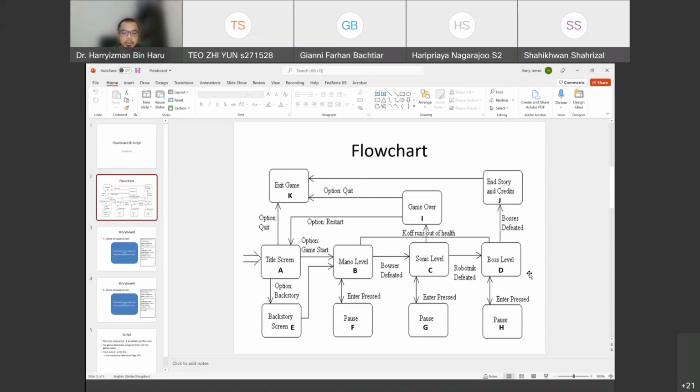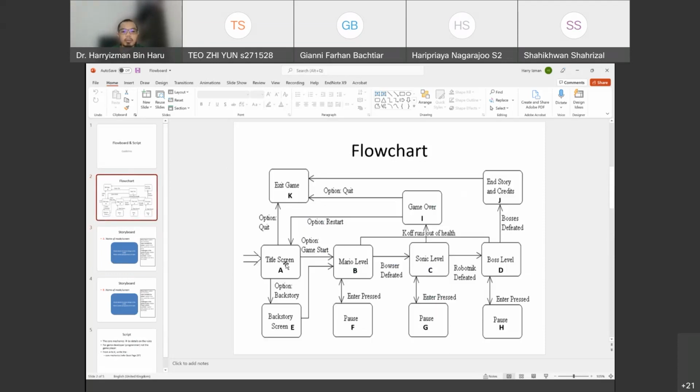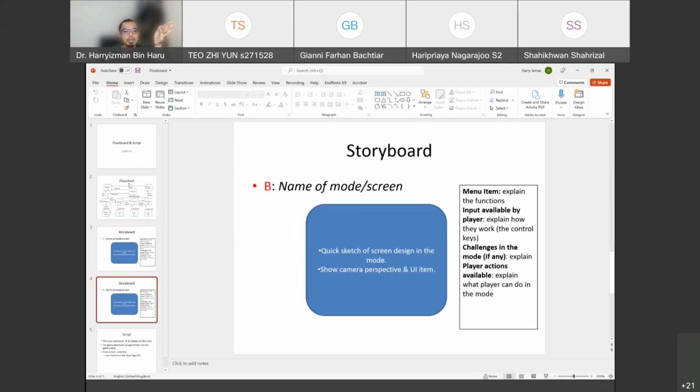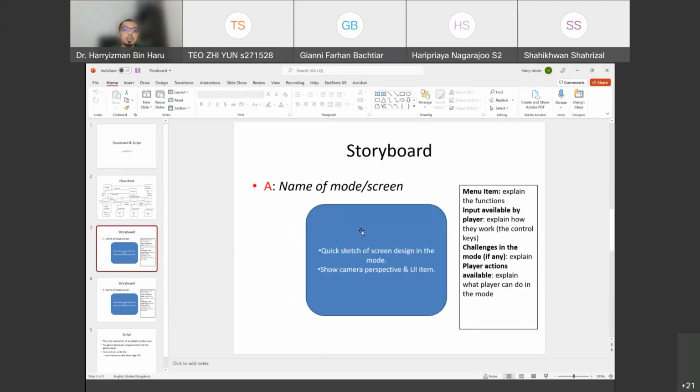After you design the flow chart for your game, then you create the board, the storyboard. This is the board. For example, this board A will represent this. So if you have A, B, C, D, E, F, G, H, I, J, K, you should have A until K board. So this is B. B will represent this one. Inside this blue box, you design your GUI and then you put this information, for example, menu item, input available by player, and